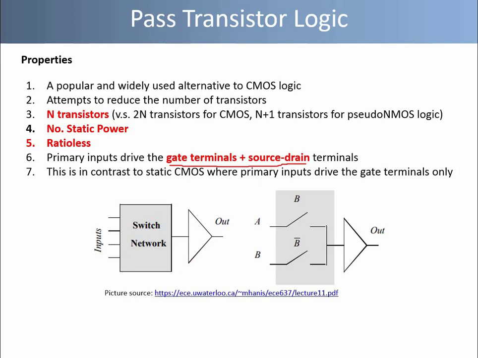We have a switch network which consists of a number of pass transistors which may be NMOS or PMOS transistors. Practically only NMOS transistors are used in pass transistor logic due to a couple of reasons. First is that NMOS transistors are manufactured on a silicon wafer in a straightforward manner. As you know, in order to make a PMOS transistor, first an N well is created, whereas the NMOS transistors are directly fabricated on a P-type substrate.